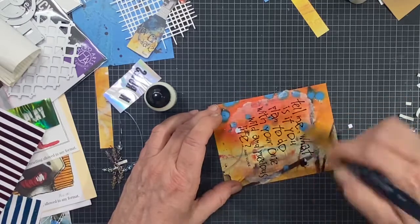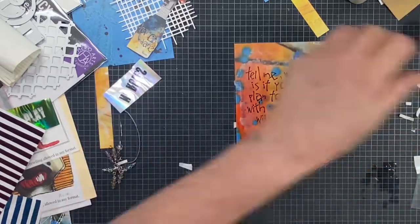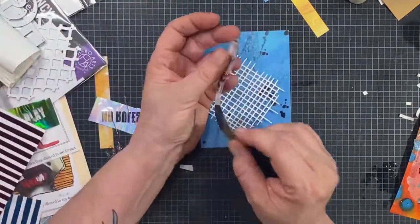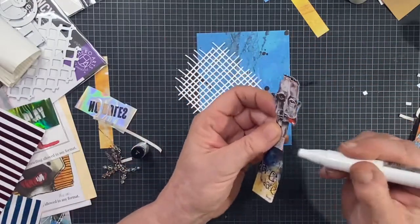Make sure you put your brush in water after you're done with this step, otherwise you're going to have a stiff brush and it'll never come out. Well, we set that aside to dry, and then we'll get to work on the last card. So here I've got this little guy, and you'll see that I changed my mind about him, about the background